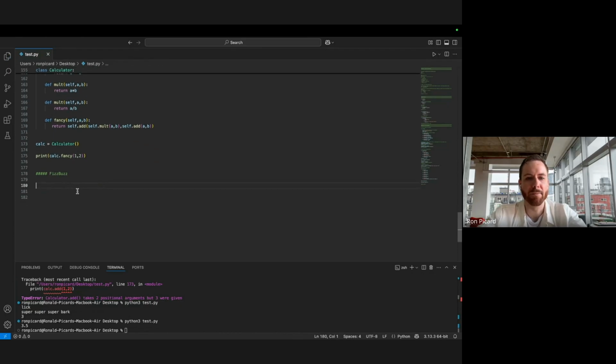The objective of the interview problem is you have a list of numbers you're trying to print. If it's divisible by 2, you want to print fizz. If it's divisible by 3, you want to print buzz. And if it's divisible by both 2 and 3, you want to print fizz buzz. Otherwise, you just print the number. And so the way that you handle this, I'll make this a fizz buzz function,